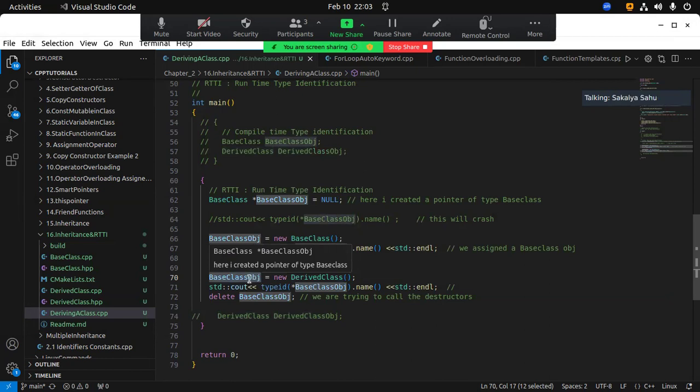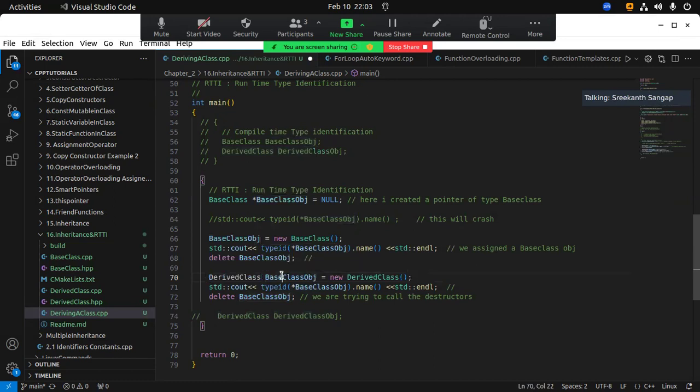It is affecting the capabilities that a base class pointer can give you. Now, if I make this a derived class pointer, assume I make this a derived class pointer,